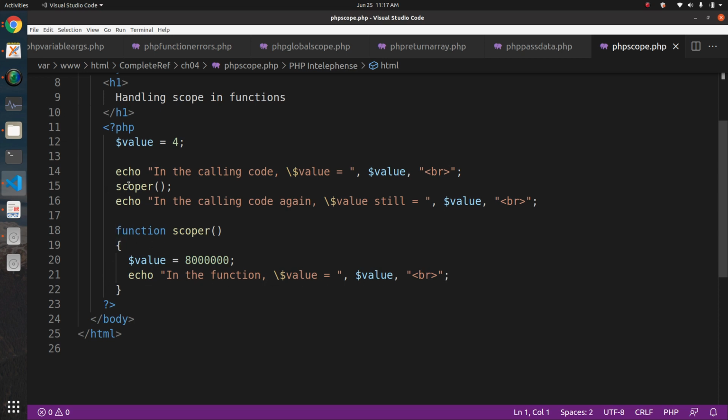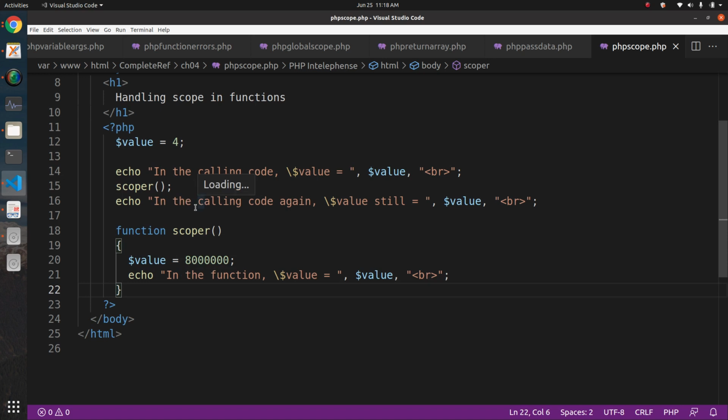Now you can see that we have defined a function within the PHP tag. Okay, so this is some piece of code. Don't worry about that code, just focus on this function. We have given a keyword, then the name of the function, then parentheses, and curly brackets, and within the curly brackets we have specified lines of code. So this example has only 2 lines. This is how you can define a function, and when you want to call a function, you can call it just like that, scoper.